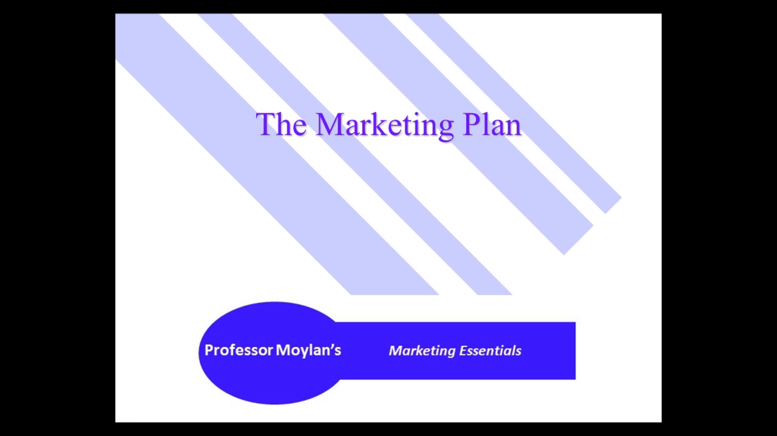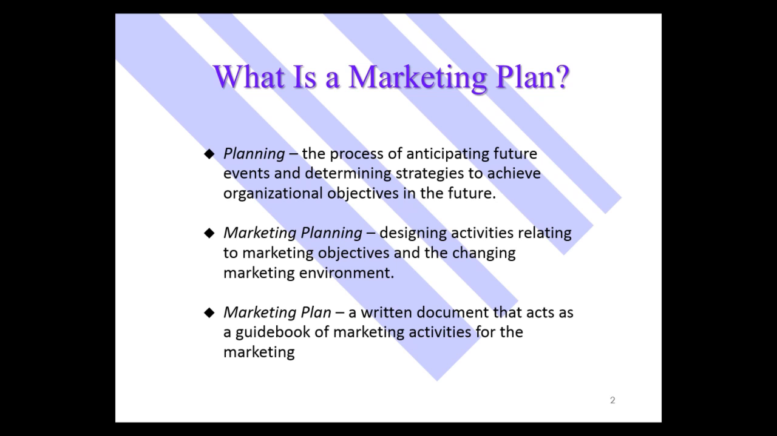What is a marketing plan? Let's go ahead and define that. Planning is the process of anticipating future events and determining strategies to achieve organizational objectives in the future. So therefore, marketing planning is designing activities relating to marketing objectives and the changing marketing environment. The marketing plan is a written document that acts as a guidebook of marketing activities for the marketing of the